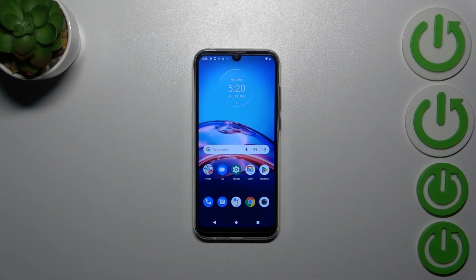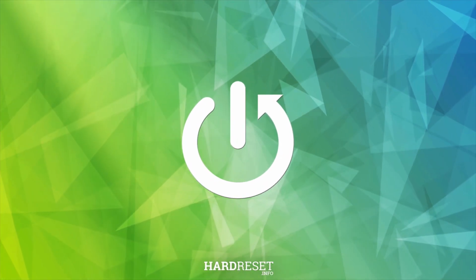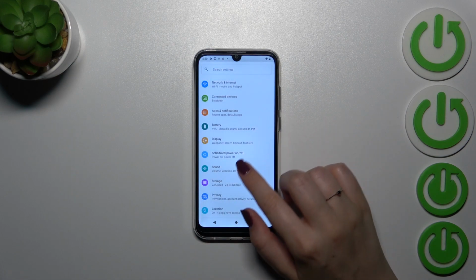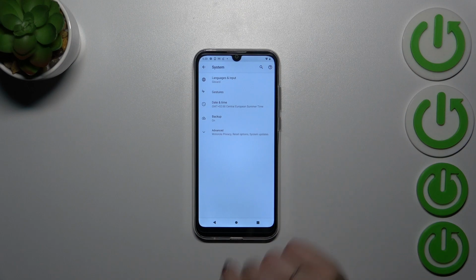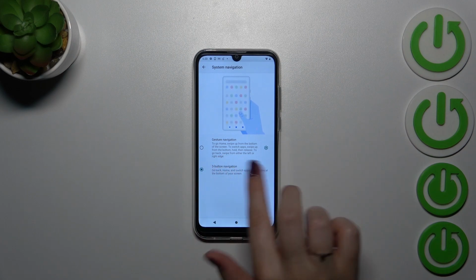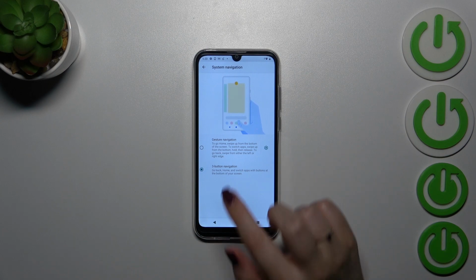Hi everyone, in front of me I've got MOTOROLA Moto E6i and let me share with you how to change this navigation type with the buttons to the gestures. So first of all, we have to enter the settings and then let's scroll down to find the system. Now let's tap on the gestures and here we've got the system navigation. Of course, currently we've got the 3-button navigation applied, and if you want to set the gestures, simply tap on